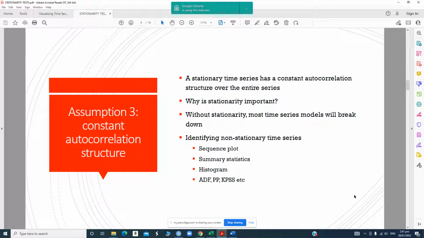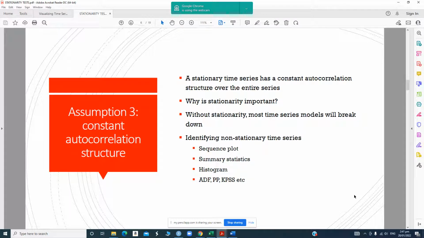And one of the best ways to understand this is to understand the stationarity of the time series. So it's important that we identify non-stationary time series. And to do that,